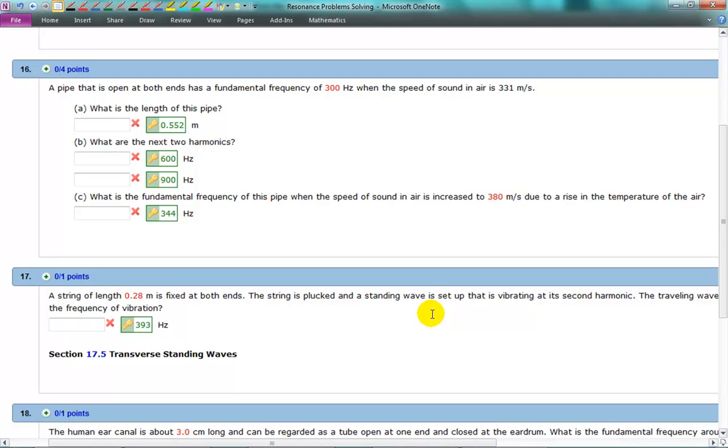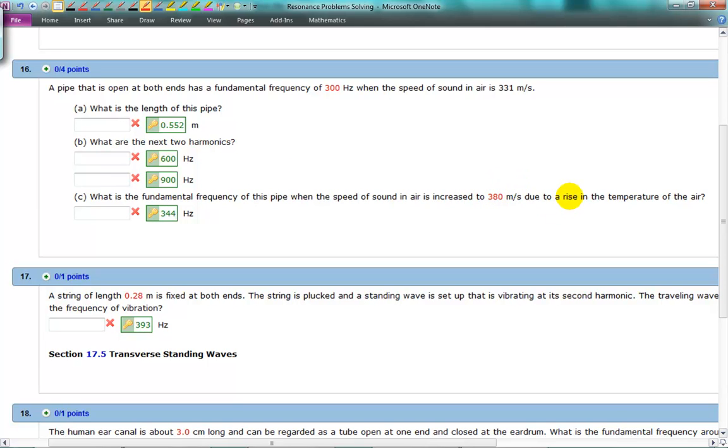Let's take a look here at an example of resonance in a pipe. In this example problem, it simply reads: a pipe that is open at both ends has a fundamental frequency of 300 hertz and the speed of sound in air is 331 meters per second. And then we want to find the length of this pipe, the next two harmonics, and then the fundamental frequency if the speed of sound in the air increases to 300 meters per second due to the rise in temperature